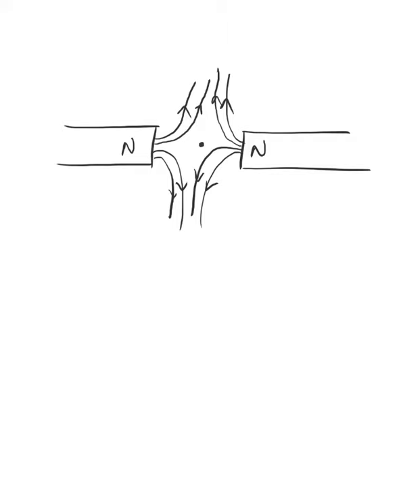When south and south are facing each other, what will happen? The arrows are going to be the other way around then. Right? From here, the arrows are emerging out. There, the arrows will be going into the south pole. Okay. Right now, we are left with just two more things actually. One is about the uniform magnetic field lines of Earth, and then we have to learn about two different cases.